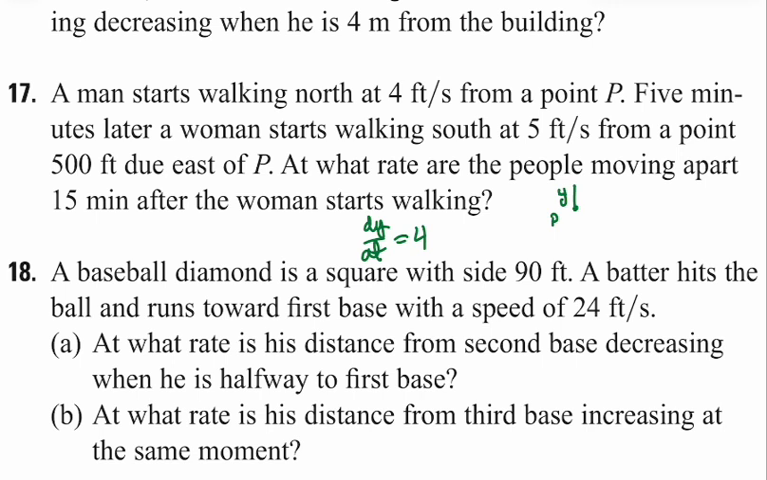5 minutes later, a woman starts walking south at 5 feet per second. So let's call this y1. And let's call this y2. And she is going 5 feet per second. So d of y2/dt is 5 feet per second. So you'll notice they said 5 minutes later, that we are going to have to account for that. From a point 500 feet due east of P,